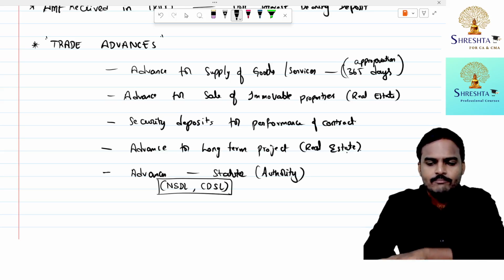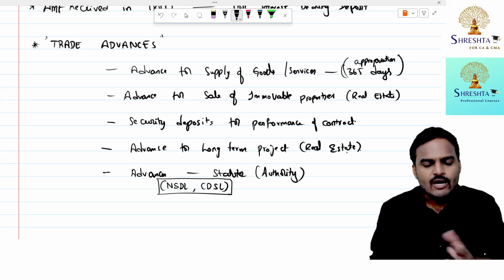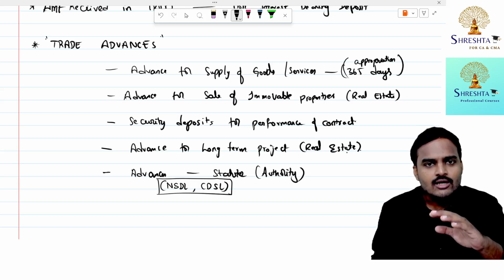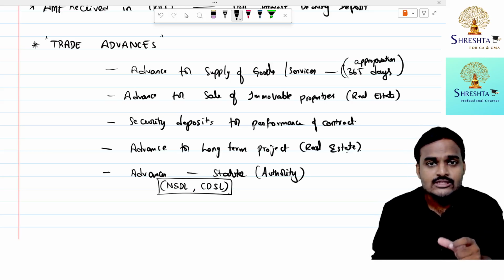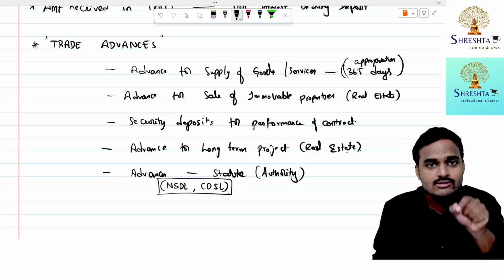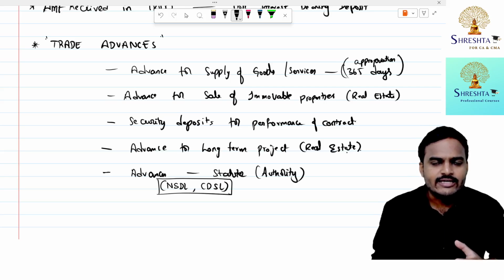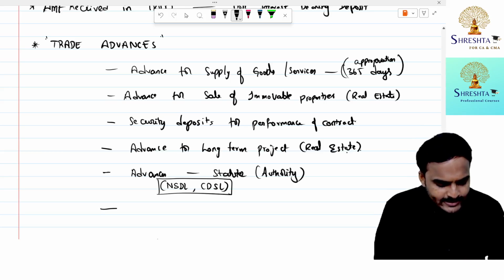I told this point. Companies converting securities into demat form of securities need to file an application with the depository after completion of conversion. Before making an application, before conversion, at the time of filing the application itself, the company is required to deposit an amount with NSDL, CDSL. These are depositories. These are also companies. National Security Depository Limited, Central Depository Services Limited. These two are also companies. Now these two companies are receiving deposits because of a statute, because of authority. Advances received by these entities are also not treated as deposits. It is just a trade advance for them.